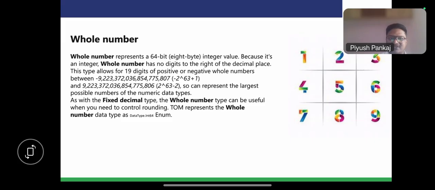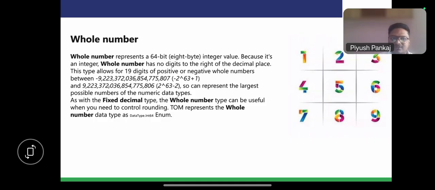points and all, decimal and all. We are talking about whole number. If it is 100, then total 100. If it is 205, it's 205, not 205 point something. And the range that you can see, it's the same, minus and plus. But like you can see, you're having a large